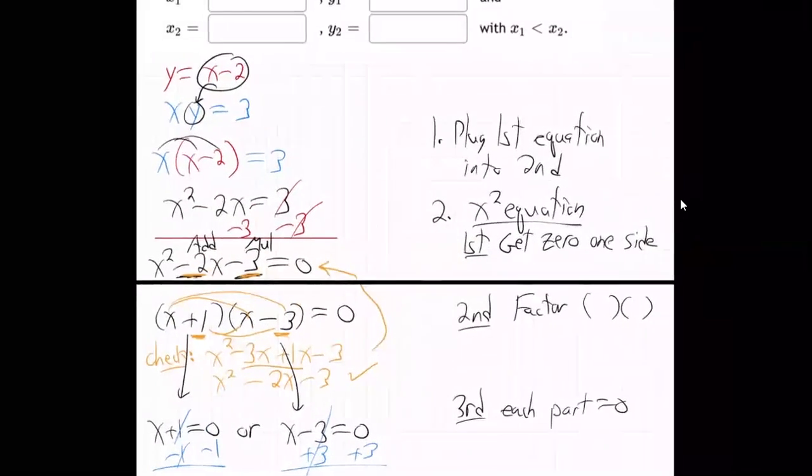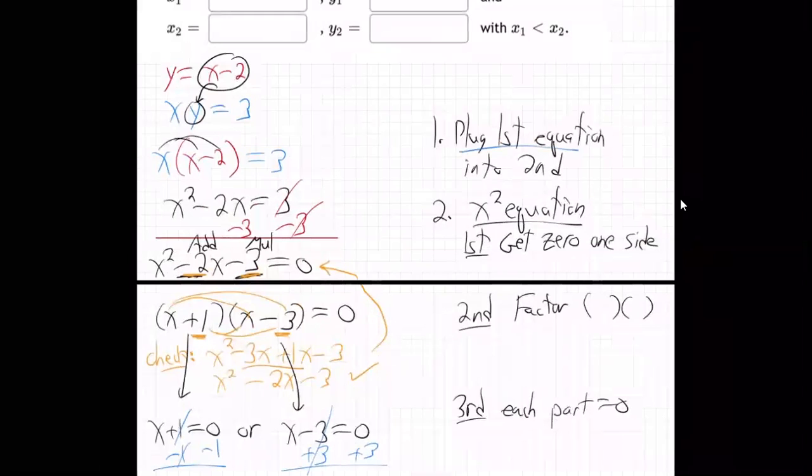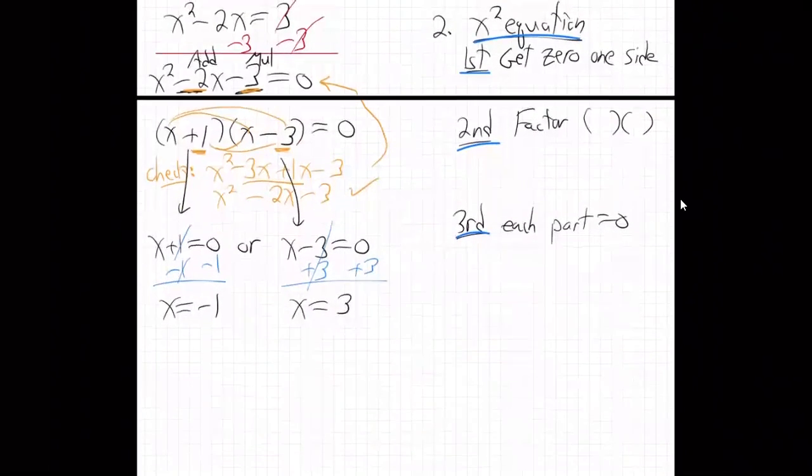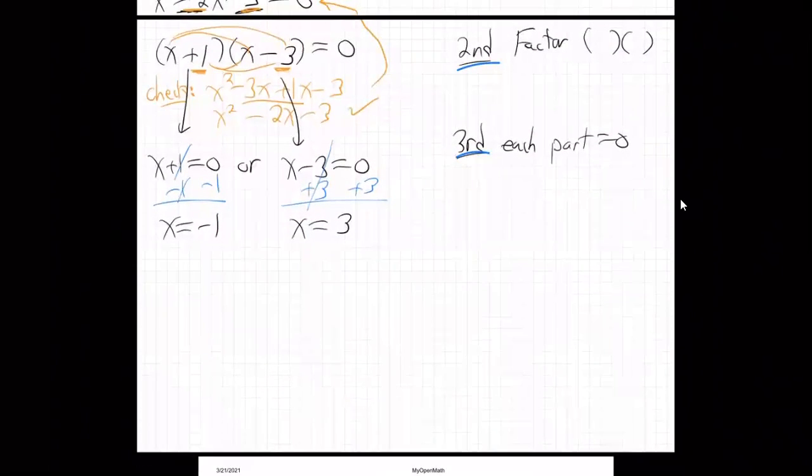All right, so we're going through our steps here. First step, we plugged the first equation into the second. Second step, we got an x squared equation, which meant we got 0, factored, and set each part equal to 0. And now for the third step,